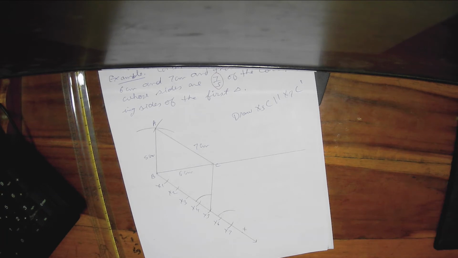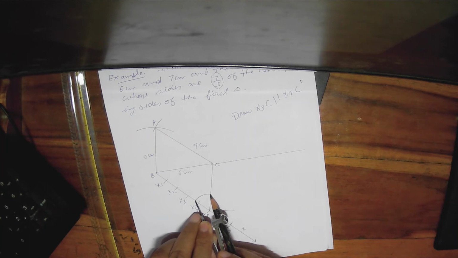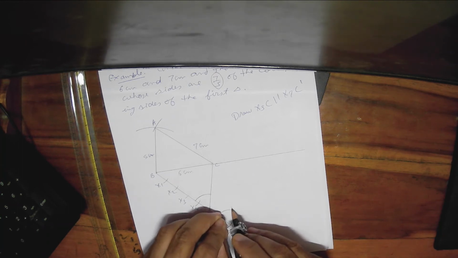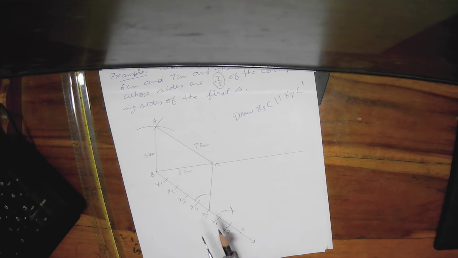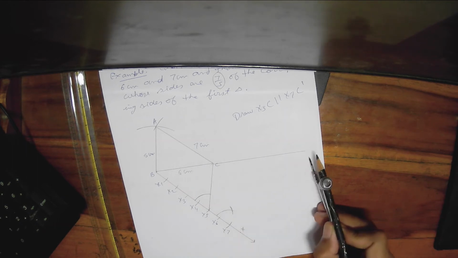So now next step, move back to the arc which we made originally. So this is the arc. So now next we will measure the same from here, from the ray bx, and cut this arc. So the length of this arc and the new one should be equal. Now they are equal. Next thing what we will do is we will join x7 and this cross and extend the line segment till it meets this line, extended line BC.